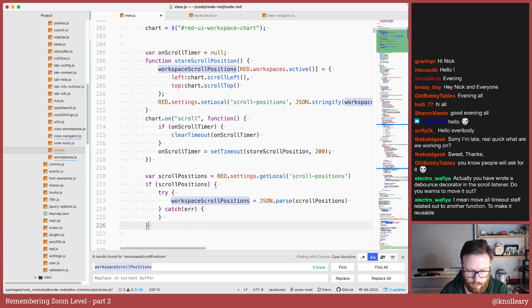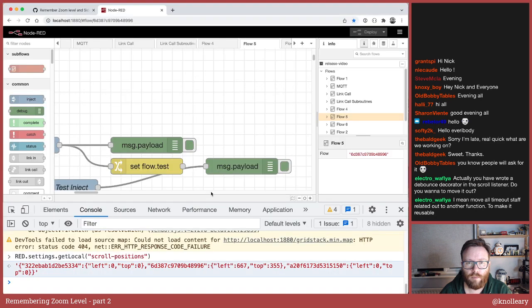We're going to ignore errors on this one. This is something it shouldn't fail, but we're going to tolerate it to fail. And frankly, if it failed, there's nothing the user would be able to do about it failing. It would be the behavior we have today. So if we've got a setting that provides some scroll positions, we will parse it and then initialize our workspace scroll positions object with those values.